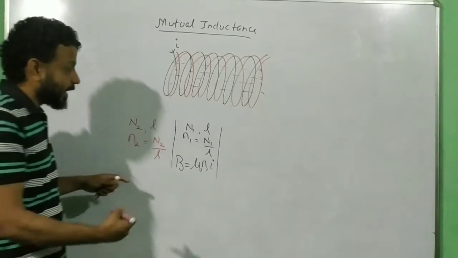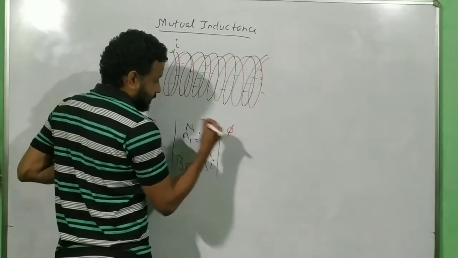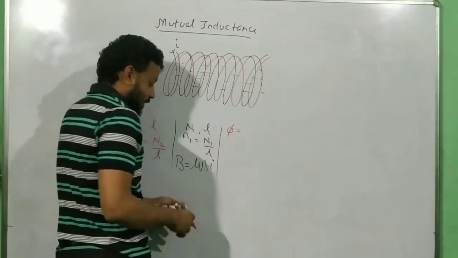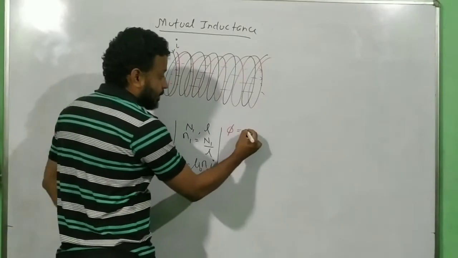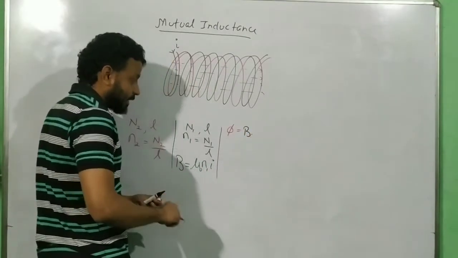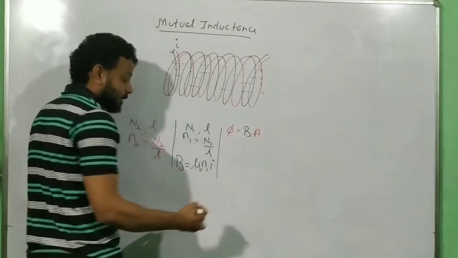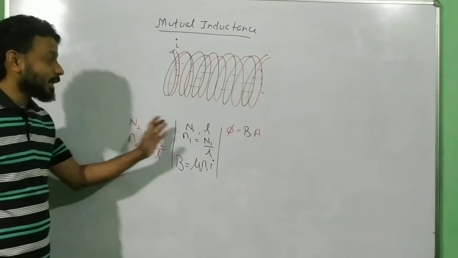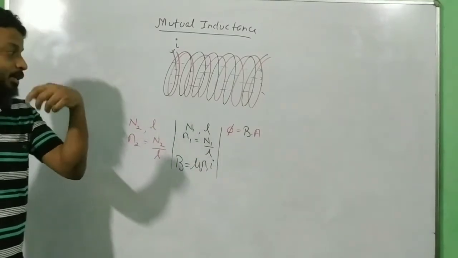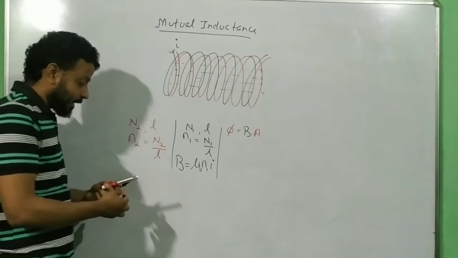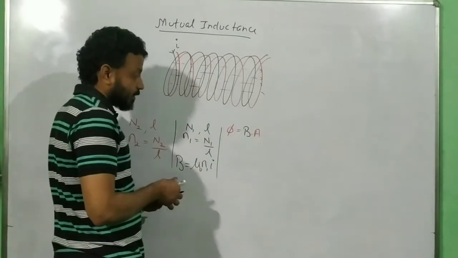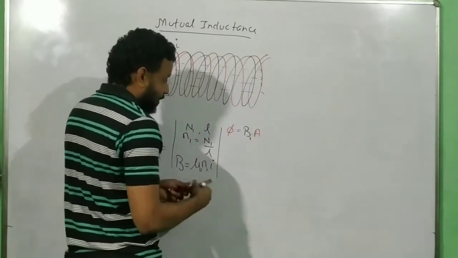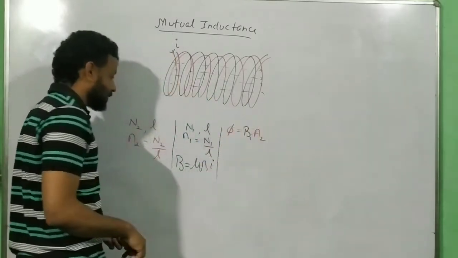So now we are going to find the flux in the red colored coil, and that is equal to the field developed by the black colored coil multiplied by the area of the red colored coil. You can do this entire thing using the concept of 1 and 2. If you are not having colors, you can write the field because of the first one multiplied by the area of the second one. There is no issue at all.